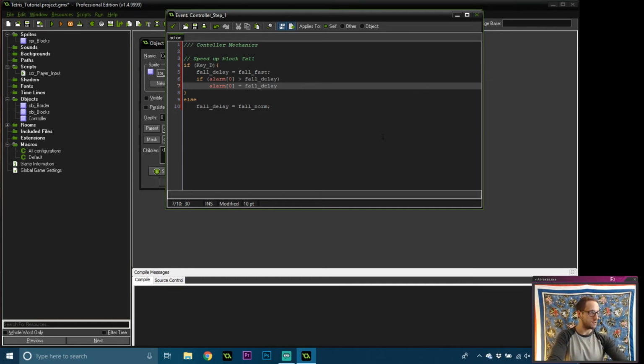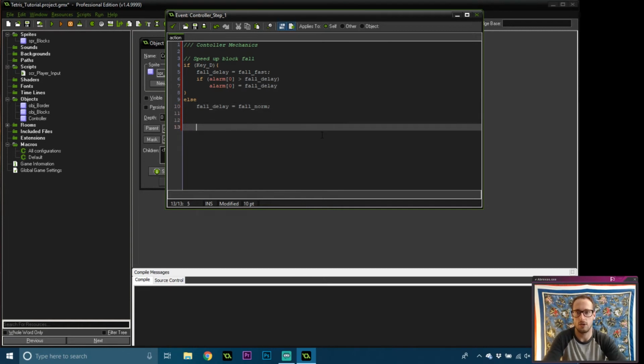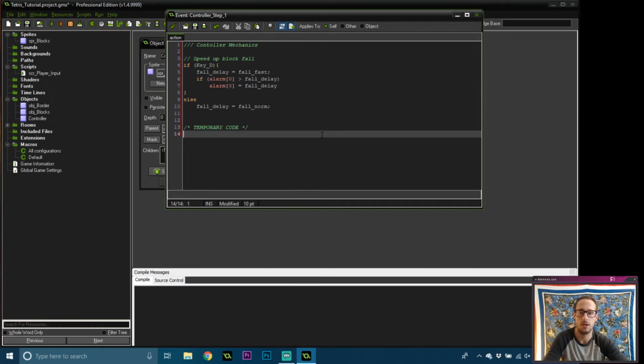And that equals normal, and then click to spawn. Now this is going to be temporary code, because we're not going to keep this. This is only going to be so we can play around with the concept and get this looking the way that we want it to, or I guess feeling the way that we want it to. So we're going to create a block when we click. So it's going to be if,